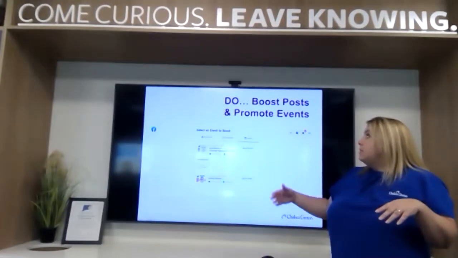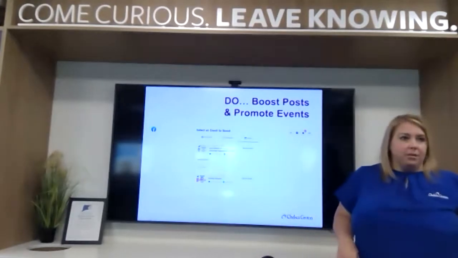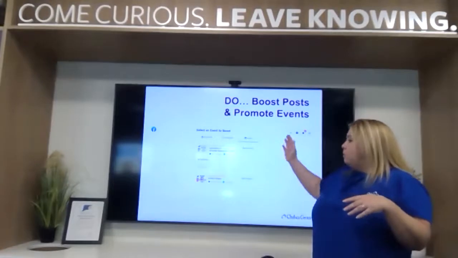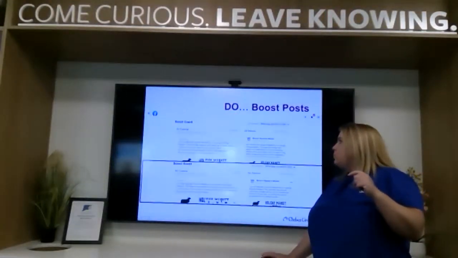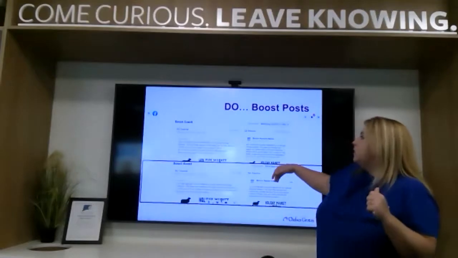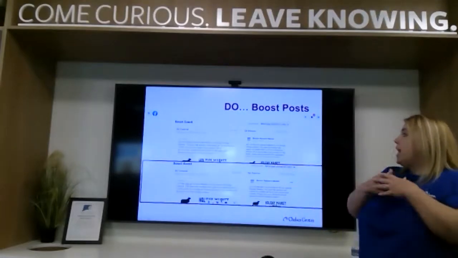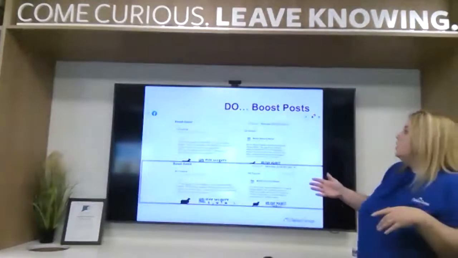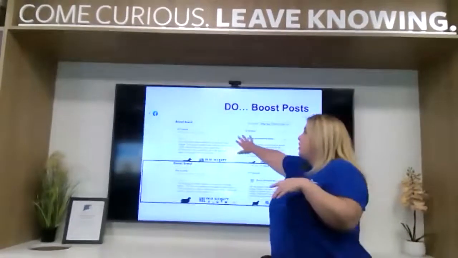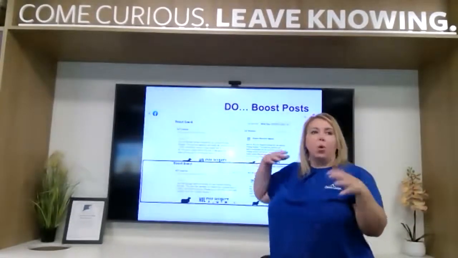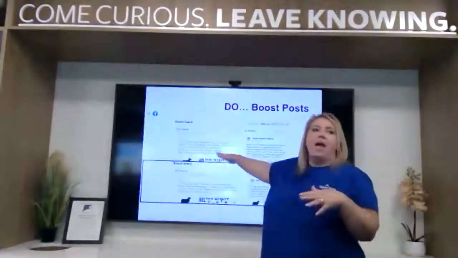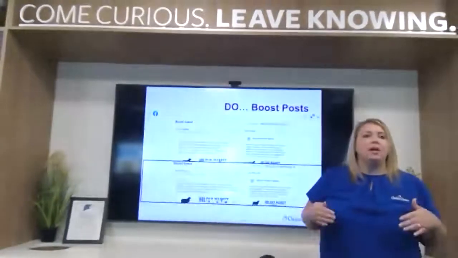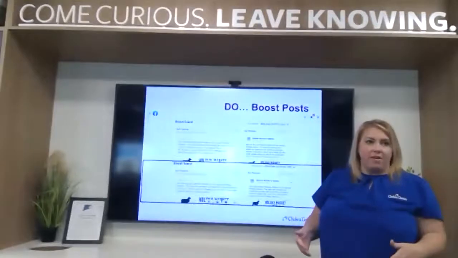And I had selected, we're going to boost an event, okay? So these are some events that I had up there. And I had clicked on one of them. Now you can edit all of it. So the ad creative is the words that they pull into the event. So they're going to pull in everything that you've put into that description of the event.